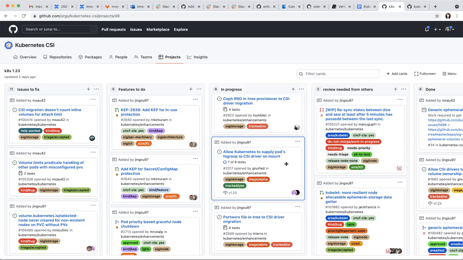Okay, so this is the one to allow Kubernetes to supply pods if it's group to sit on pod. Who is working on this? Is it Haman or Chan? I'm working on this. Okay. This is all set, right? Not yet. There's one remaining PR that needs to be reviewed, and that's it.